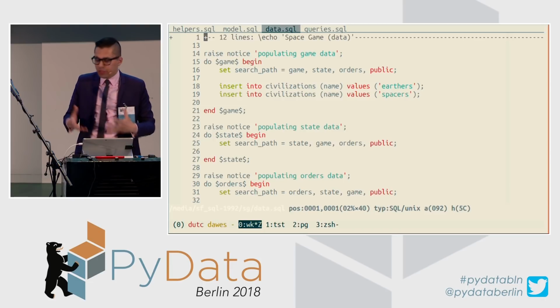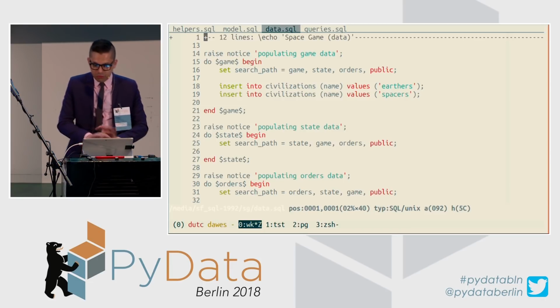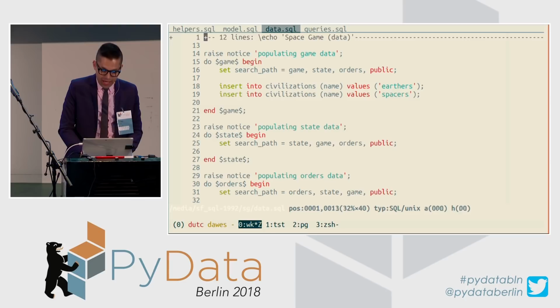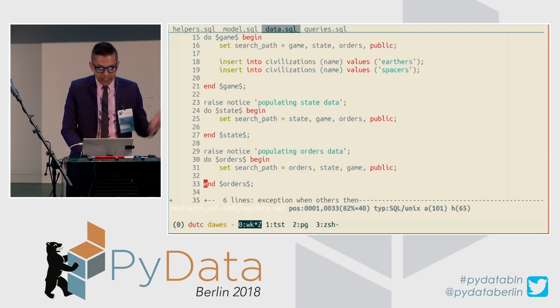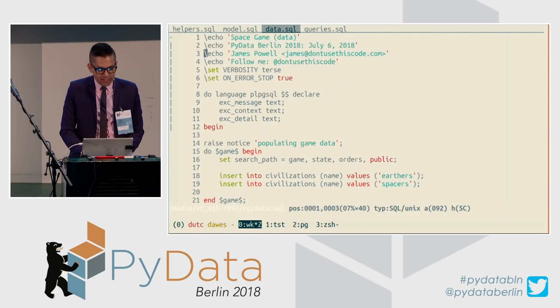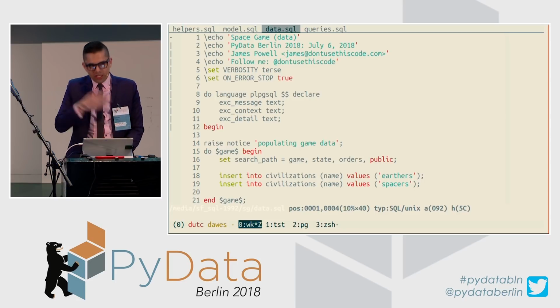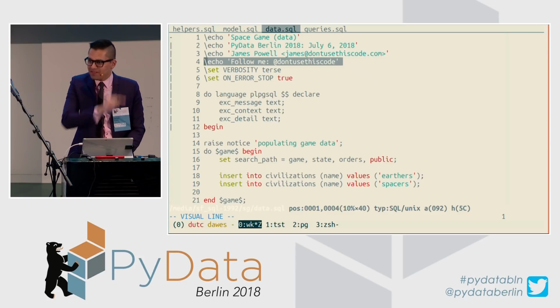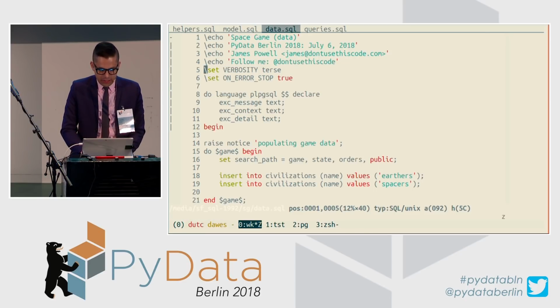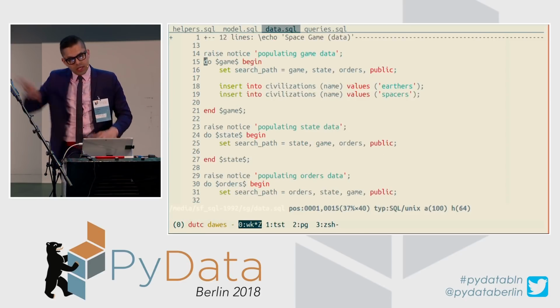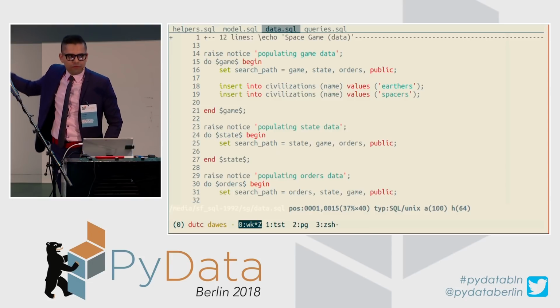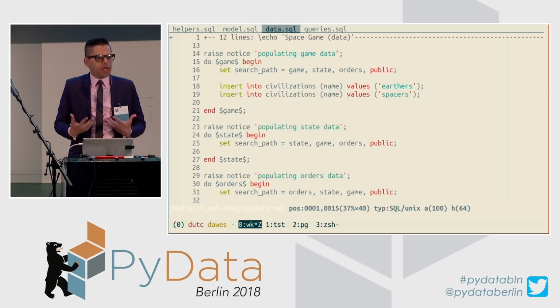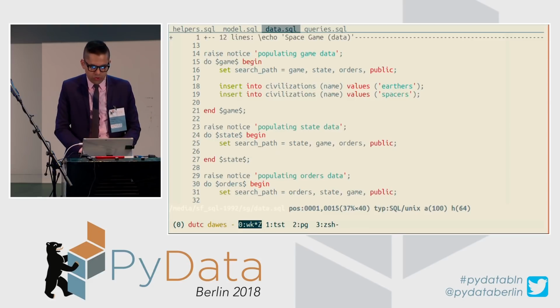When you start getting deeper into SQL, it's worthwhile to actually read through the documentation so that when you're writing SQL files, you can actually write kind of nice ones like this. Like you can see, there's a little bit of echoing when these run. As I'm running my tests, it has my follow me. This is called engagement. Always print on every slide, follow me at what, I learned that from somebody at PyData. You have nice logging here. I put everything inside transactions. And so I'll start with a little bit of framework here just to make my life easier, and a common set of frameworks that one should start with when writing SQL.